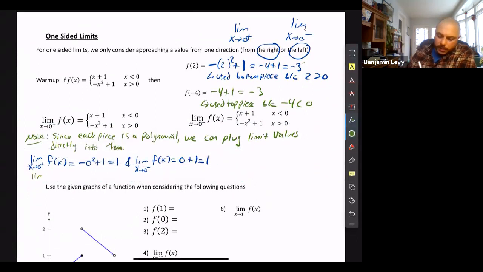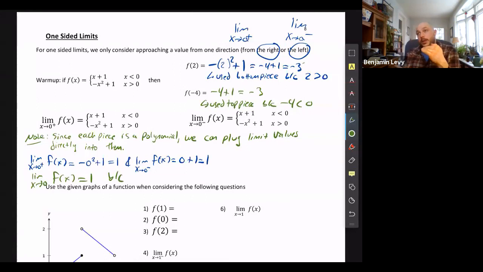So the limit as x approaches 0 in general, not from the right or the left, of this function equals 1 because the left-hand limit and the right-hand limit both exist and they equal the same thing. Because the limit as x approaches 0 from the right equaled the number 1,